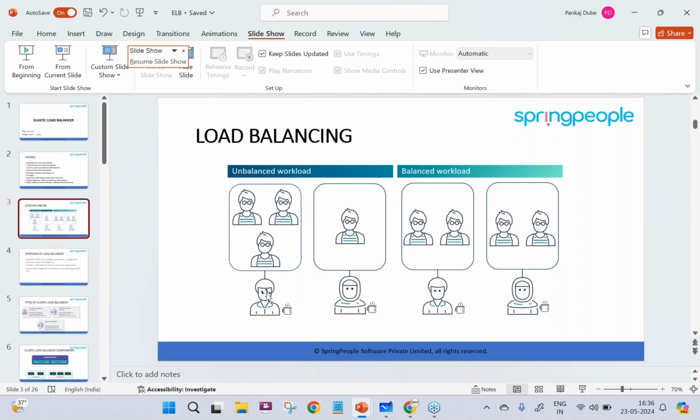One barista is serving the requests for 3 customers and the other barista is serving the request for only one single customer. That is the meaning of unbalanced workload. When we talk about balanced workload, there are 4 requests and a couple of baristas. Each barista handles a couple of requests, a couple of customers. That is the balanced workload.